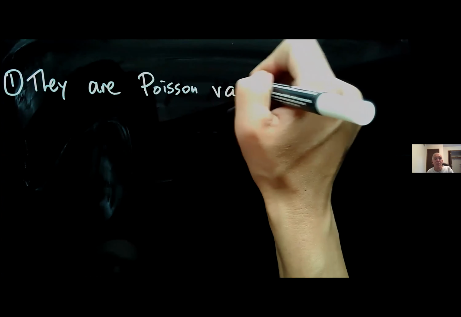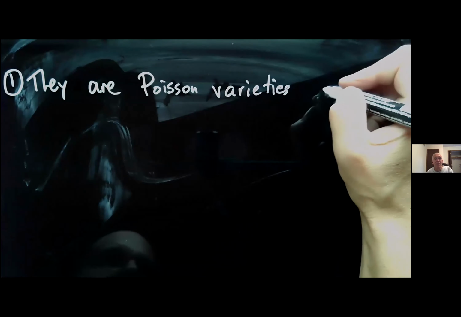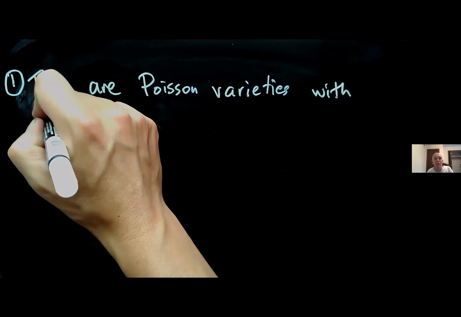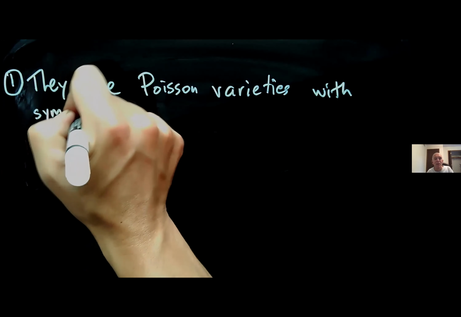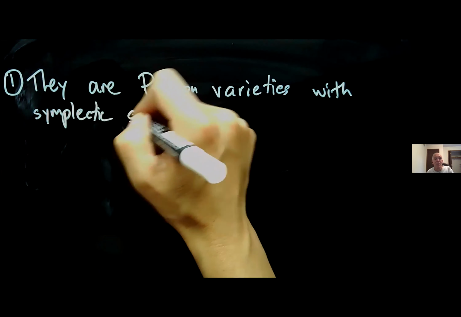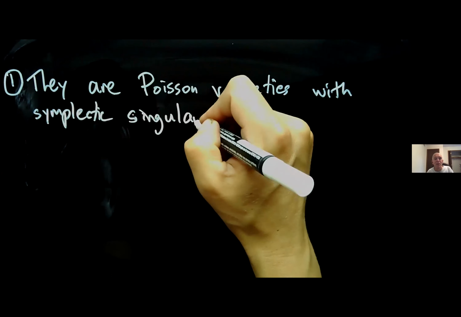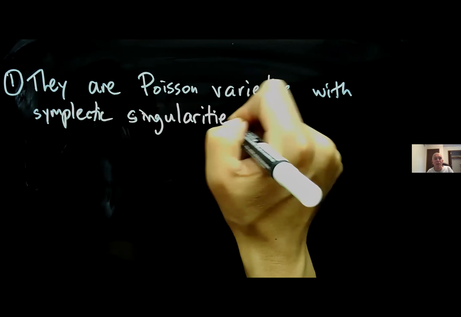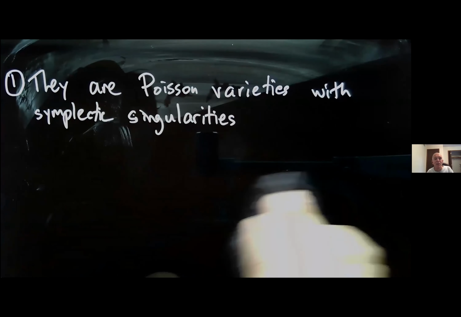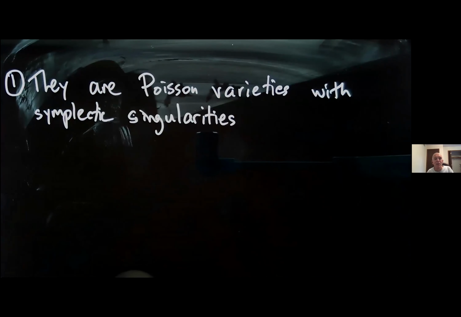They have symplectic singularities. So they have, in particular, finitely many symplectic leaves. And they sometimes admit a symplectic resolution. Essentially, whenever lambda is a sum of minuscule weights, and some other boundary cases. But essentially, they admit a symplectic resolution if and only if lambda is a sum of minuscule weights.